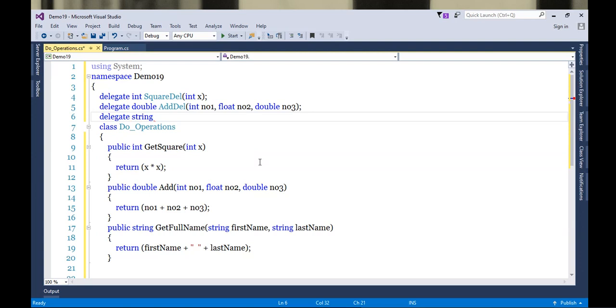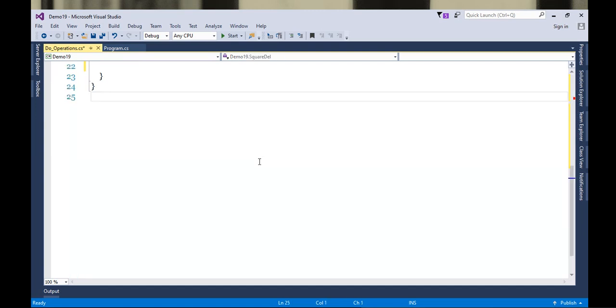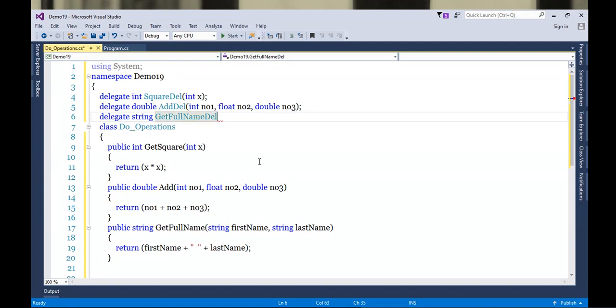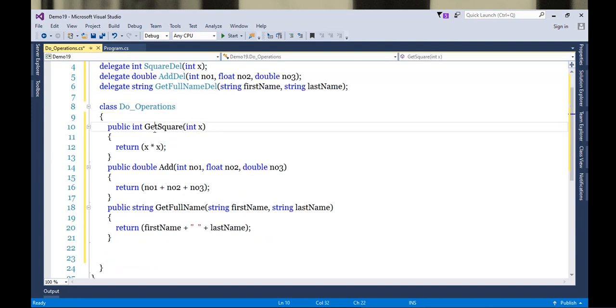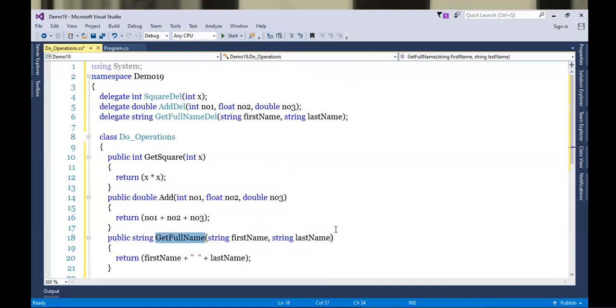Specify the unique name like GetFullNameDelegate, and as a signature we'll be passing the same, first name and last name. So we prepared 3 delegates. We got a total of 3 methods lined up here: GetSquare, Add, GetFullName. Okay, let's do one by one now.